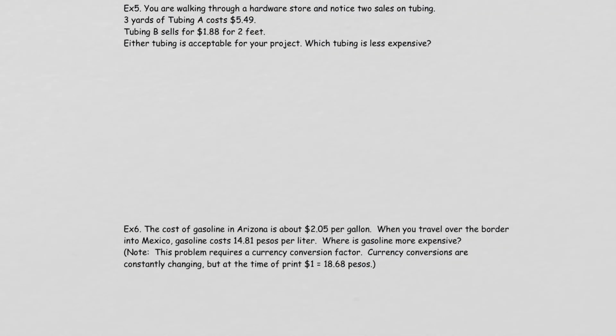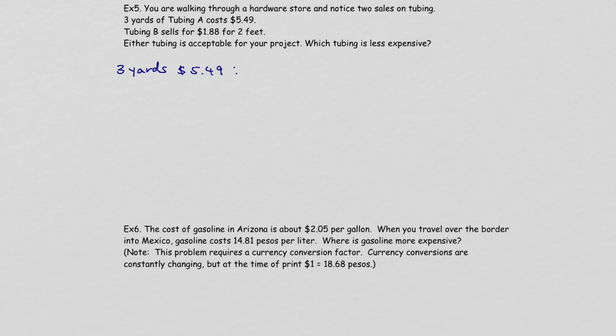Example 5. So example 5 is asking to compare these two different types of tubing, A and B, and see which one is less expensive, right? And what I notice is one is with the yard, the other one is with the feet. So we want to make sure to change it into the same unit so the comparison will be the same, right? So the first thing I want to do, let's see, 3 yards is $5.49,